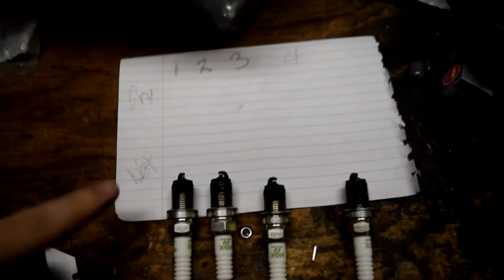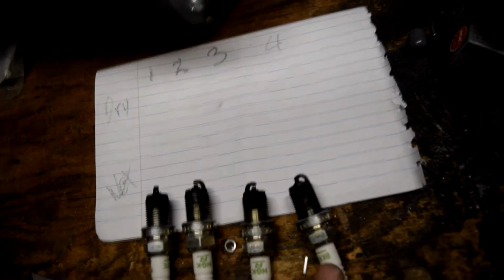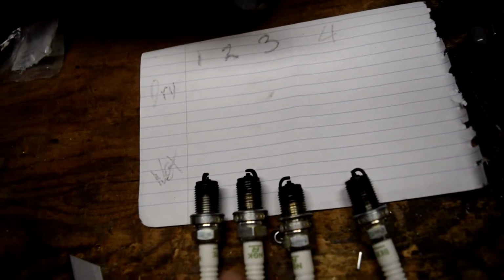So we're going to start with pulling out spark plugs, and then we're going to start labeling everything and do a dry compression test and then a wet compression test if we need to. So let's get started. On initial inspection, it looks like number 2 is the cleanest. This is the number 4 cylinder, and if you notice something, it is the only one with a very, very